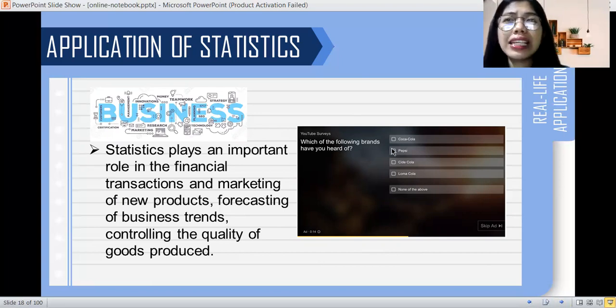So, dahil dito, malalaman kung ano nga ba yung mga products na trendy, kung ano nga ba yung mga gustong-gustong bilhin ng mga tao, ganito, ganyan, para ma-improve nila ang kanilang mga products. So, ayun po. And then,